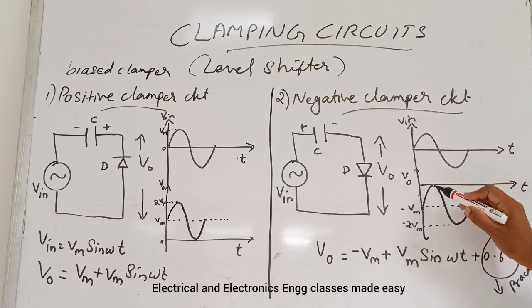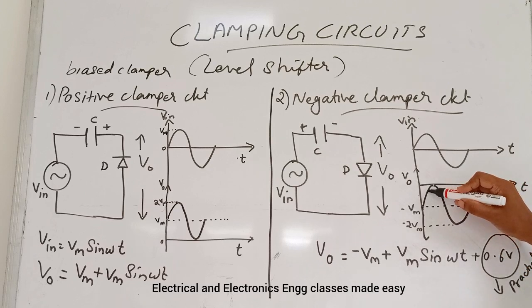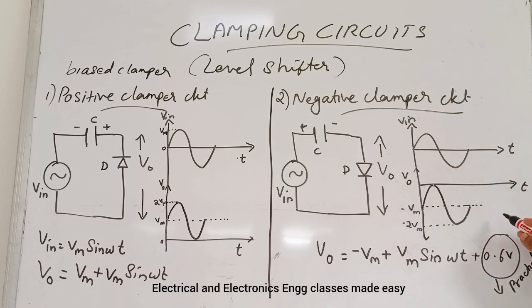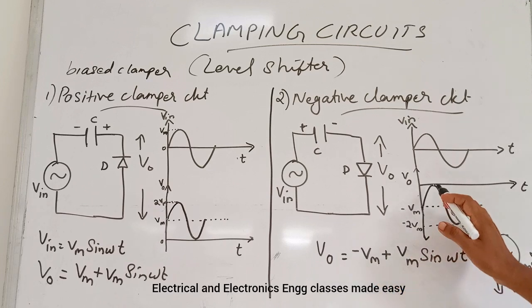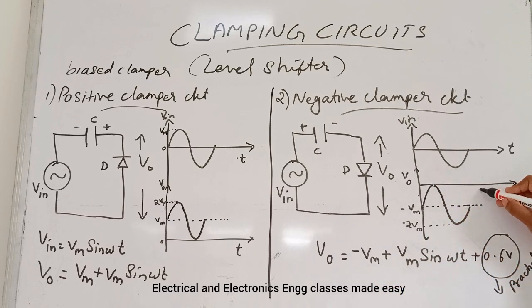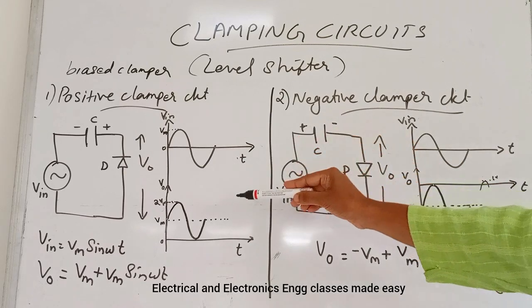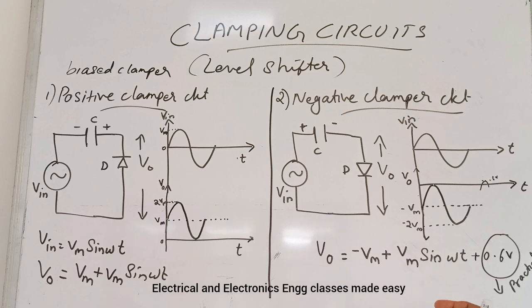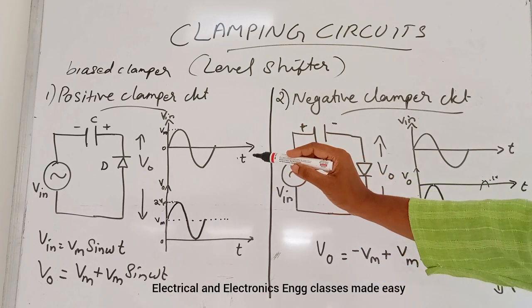So in that case the waveform will be slightly above this x-axis. In the negative clamper circuit, if we consider the voltage drop across this diode, the waveform will be above this, that is 0.6 volt above this x-axis. And in the positive clamper circuit, if we consider the voltage drop across that diode, then